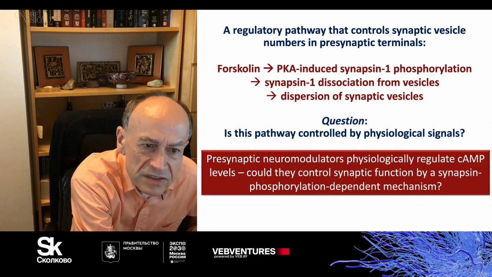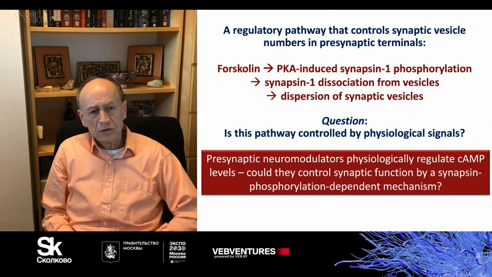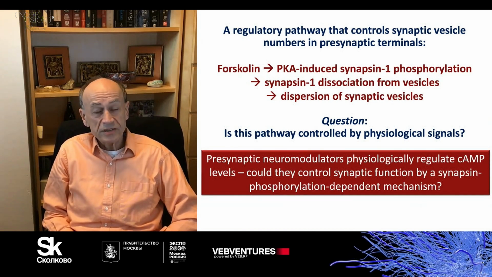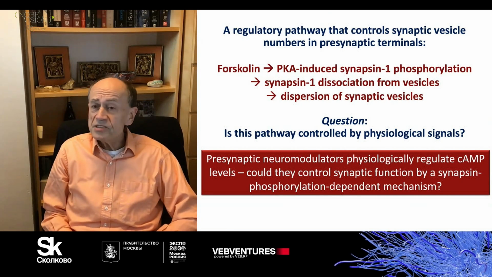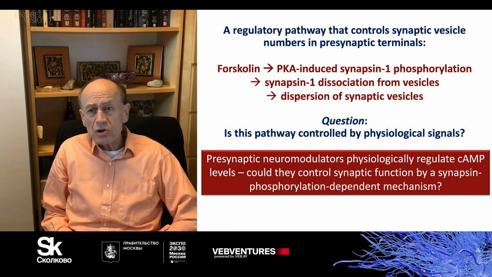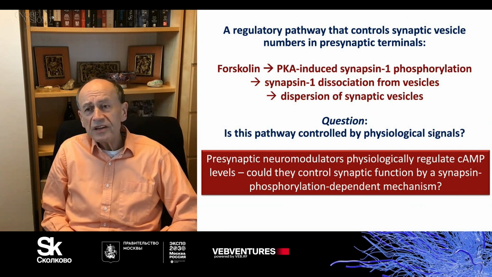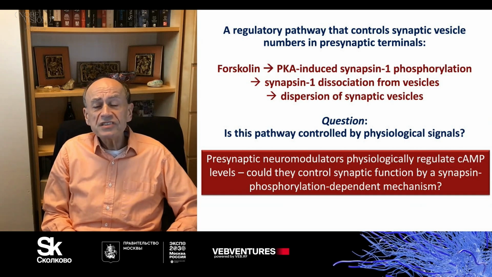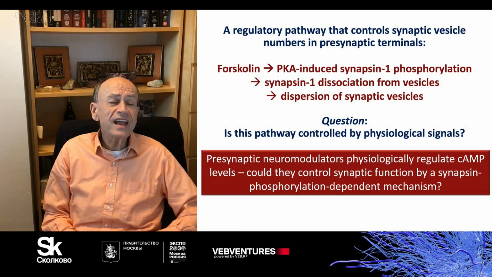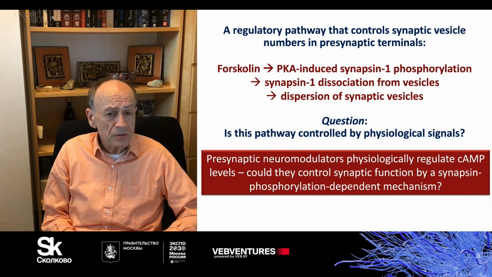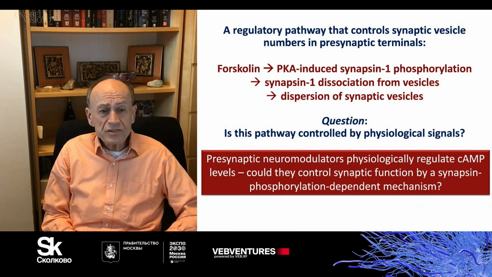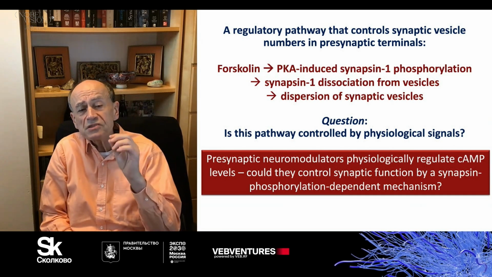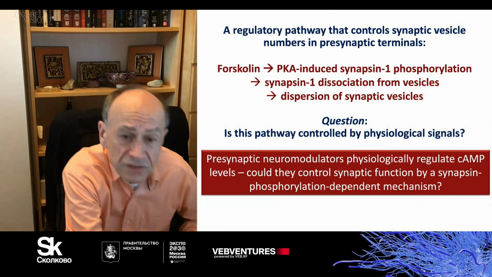And to address this, we were reminded by our colleagues that there are presynaptic neuromodulators, many of them, such as norepinephrine, serotonin, dopamine, many others, that regulate the state of the mind and that act on presynaptic terminals to regulate cyclic AMP levels in the presynaptic terminal. And so this raises the question whether these presynaptic modulators could control synaptic transmission by a synapsin